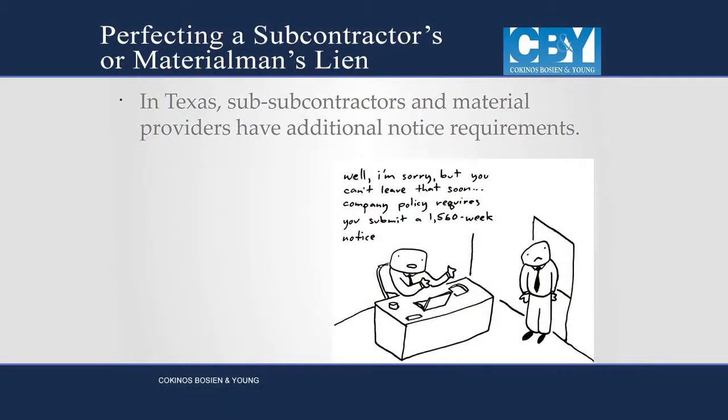Now, as far as the form of what you have to have in your affidavit, the statute is pretty clear, but again, if you don't follow the statute and you don't have everything contained within the affidavit itself, you could be deemed to have an invalid lien. So the form of what's required is set out in the property code in section 53, and really you can go online and find these,